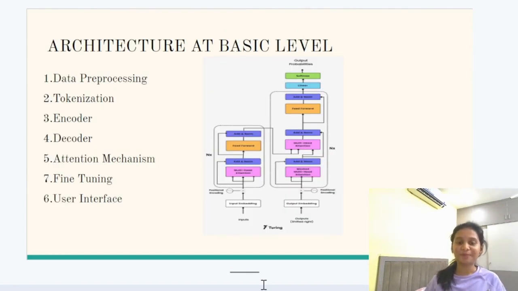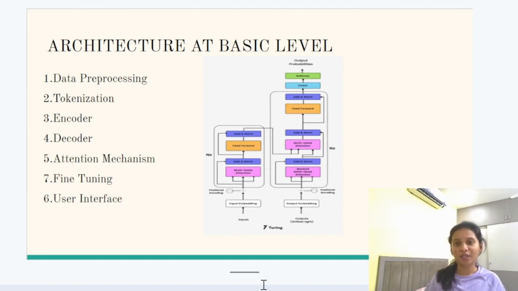This is the architecture at the basic level. The first step is data pre-processing, which is exploratory data analysis. We go through the data which is present in the dataset and make sure that there are no null values and convert all the letters into one case. And then this data after pre-processing is tokenized. In tokenization, the entire text is divided into simpler units. Let's say if there is a sentence, it is divided into small words, and then this output is given to the encoder. The encoder generates a word vector for each word, which is multi-dimensional.